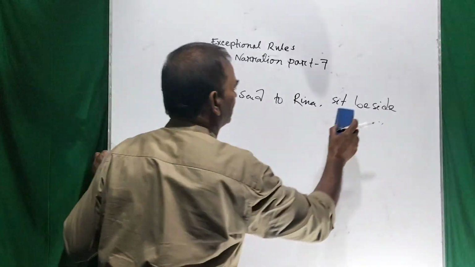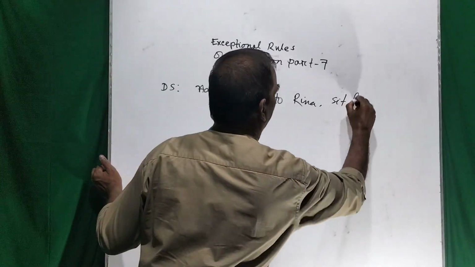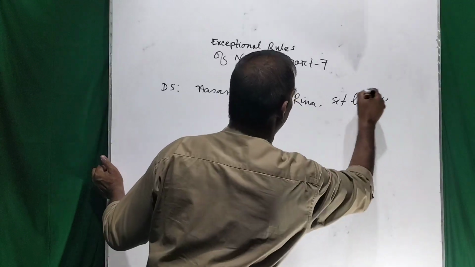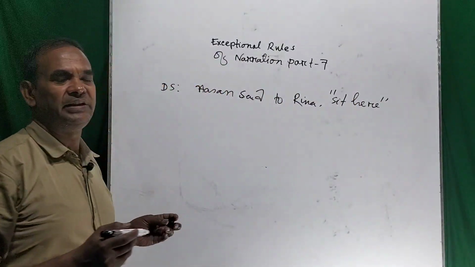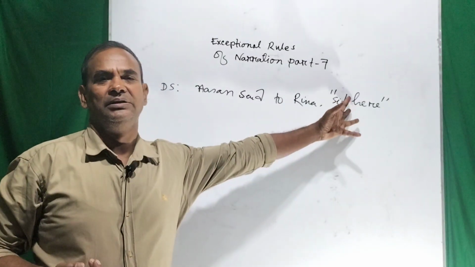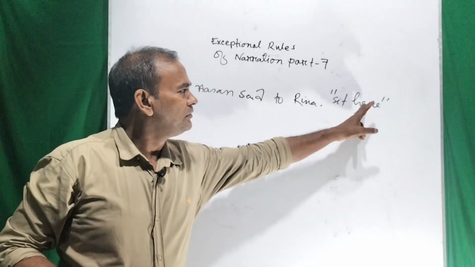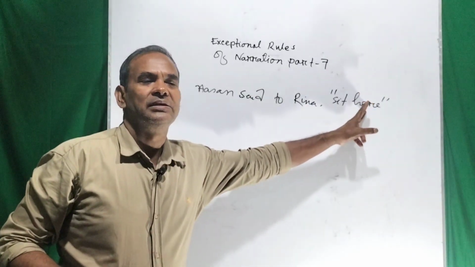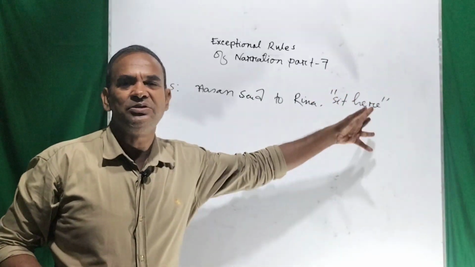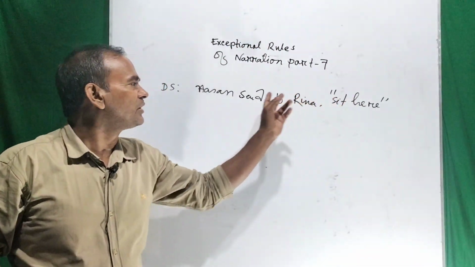Sorry, sit here. Sit here. So this is the indirect speech. Sit here. Hassan said to Rina, sit here. Dear students, is this "here" very appropriate to change into "there"? No, this "here" can't be changed into "there", because